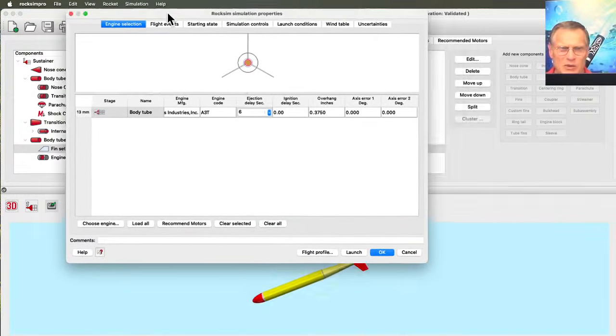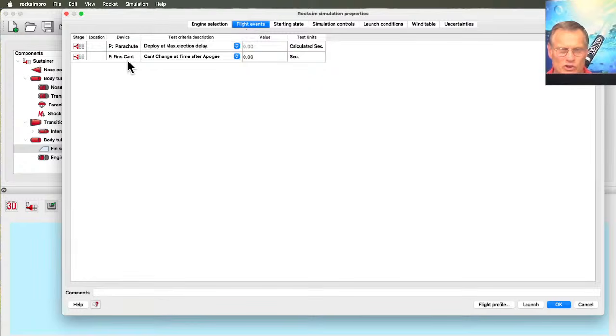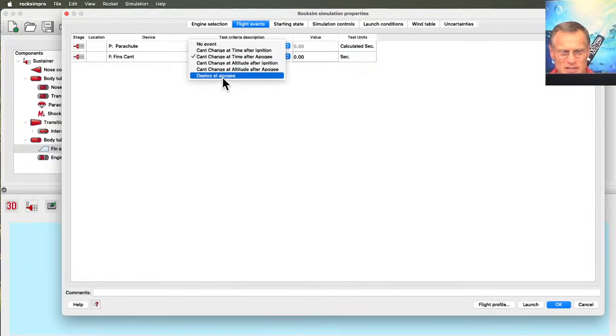So now we've got to set up when they're going to flip. So under flight events, now when you check that little box, there's going to be this new device called the fins cant. And this is when it's going to cant those fins during the flight. So the parachute is set at maximum ejection delay. And right now the cant change is a time after apogee. Well, that doesn't do us any good. We want it to be before apogee on the way up. So we can say